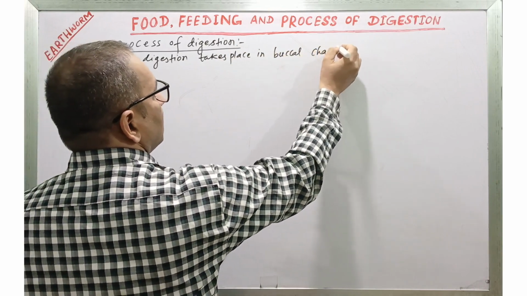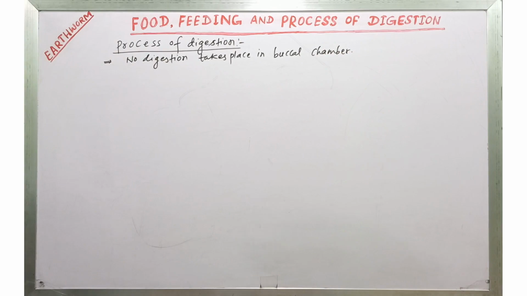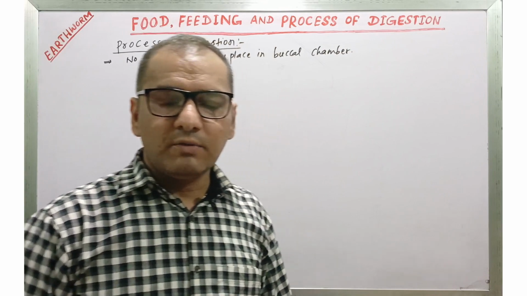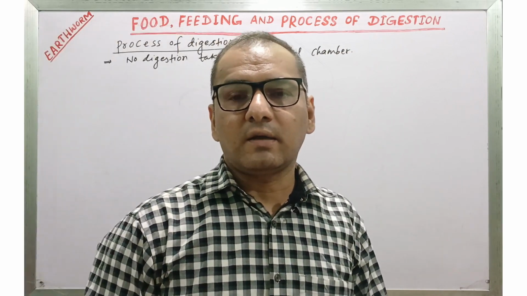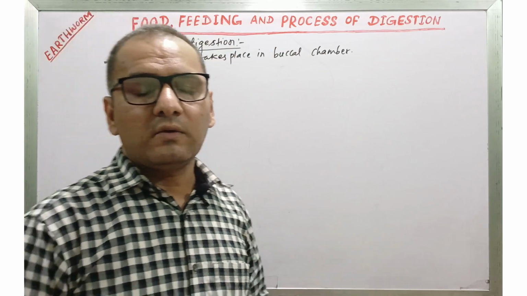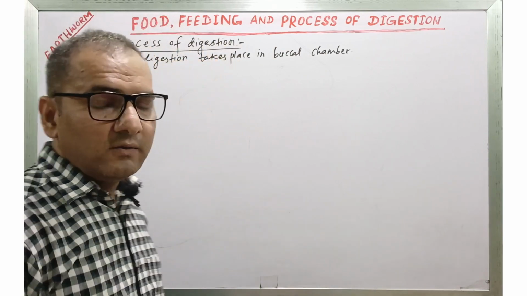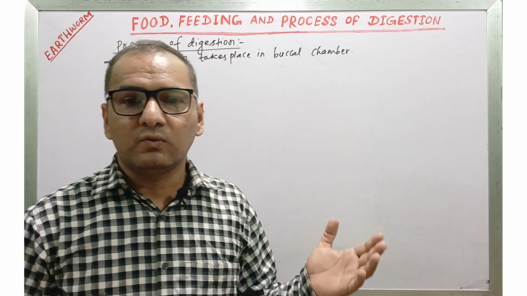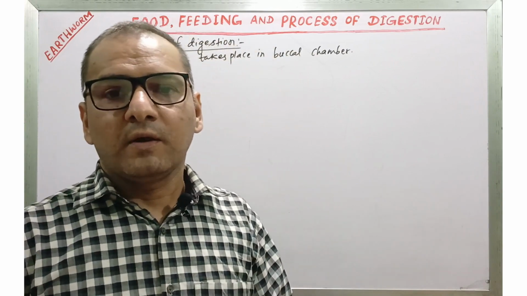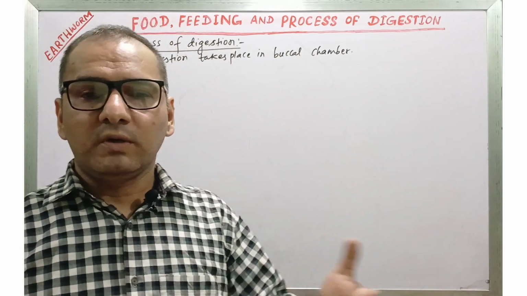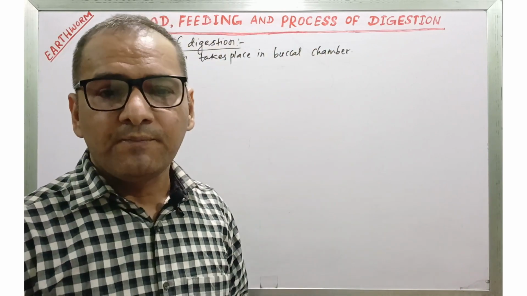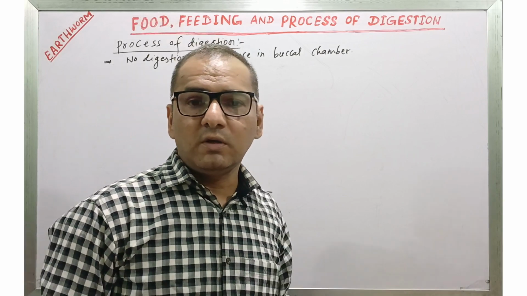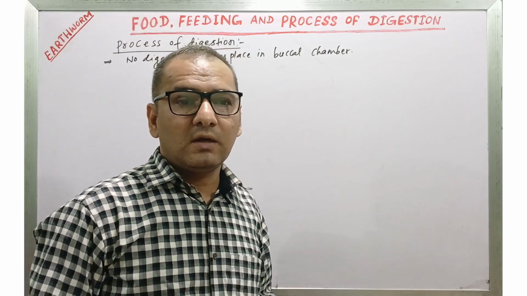Now, from the buccal chamber, food passes into the pharynx, and we have studied that in the pharynx there is salivary secretion, which is secreted by the glandular pharyngeal mass, and the salivary secretion contains mucus and proteolytic enzyme. It means that in the pharynx the food gets mixed with mucus and proteolytic enzyme. The mucus lubricates the food, that means mucus makes the food soft, while the proteolytic enzyme, which is also called protease, acts upon protein and converts that protein into peptones and proteases.